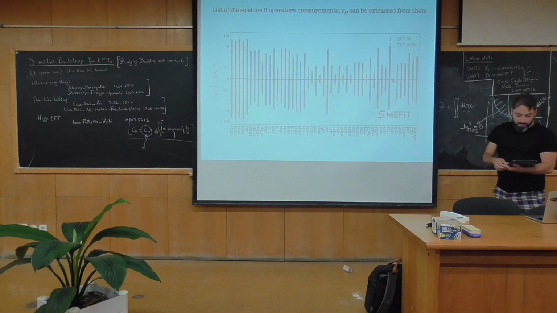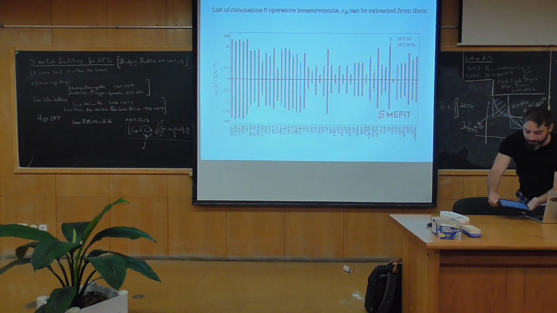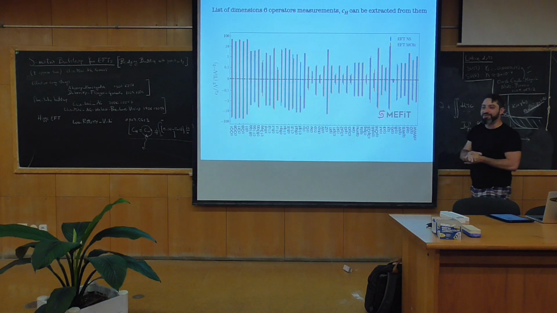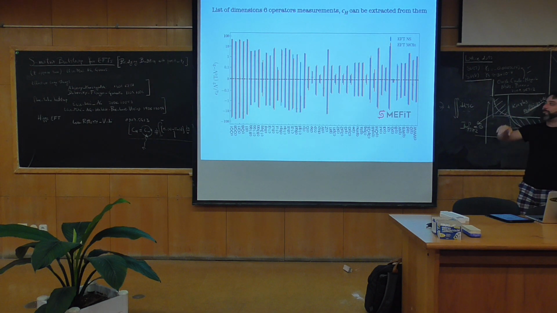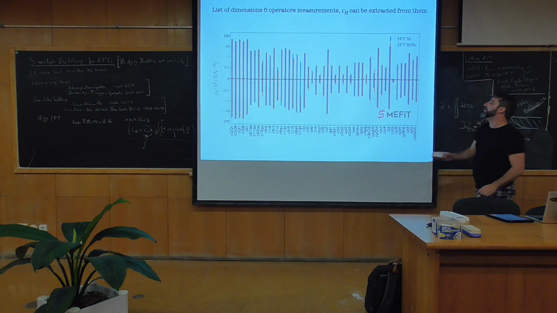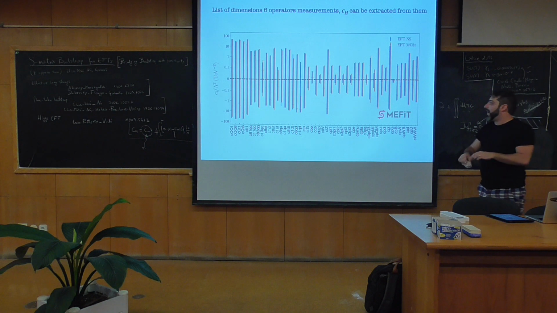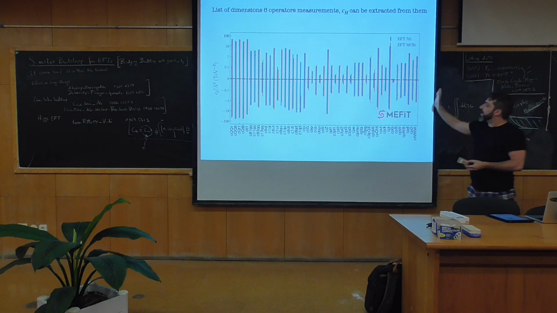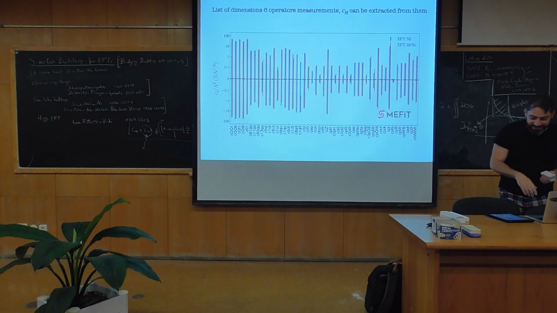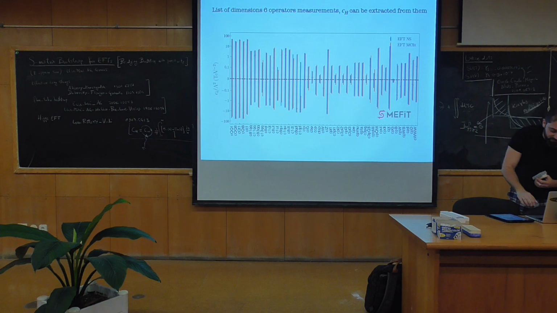So this is what we would like to do at some point, where we want to go. It's just the list of all the dimension 6 operators at LHC that I mentioned at the beginning, and we would like to bound them all, but we start with only one of them, CH, at some point. As you can see, those are all compatible with 0, and that's why we don't have big announcements that new physics has been discovered. But we want to bound these quantities in principle.